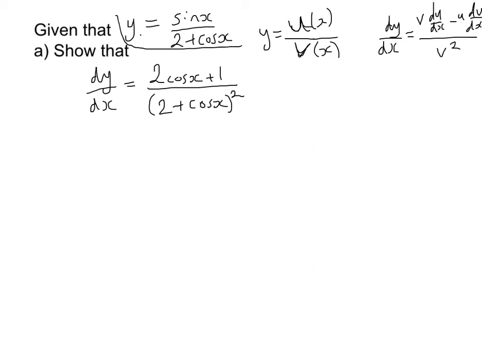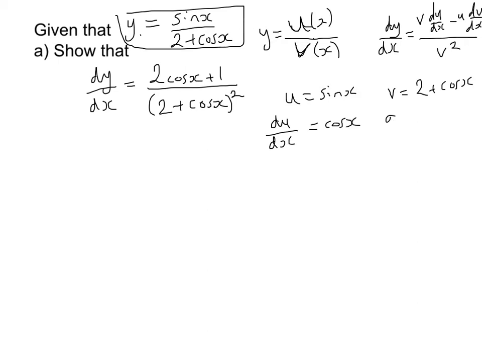Now in this case, we've got that u is sin x and v is 2 plus cos x. So du by dx is cos x and dv by dx is, derivative of 2, which is nothing, and derivative of cos is minus sine. Okay, so if we then use our quotient rule, we know that our dy by dx